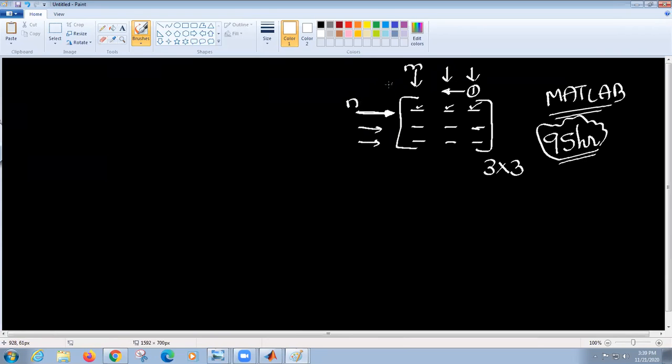Are you able to get this? I want to take 2 index elements, one for row. This one will refer only to rows: row 1, row 2, row 3. Similarly, I want to take one index variable for columns: column 1, column 2, column 3. Now, what can I say?